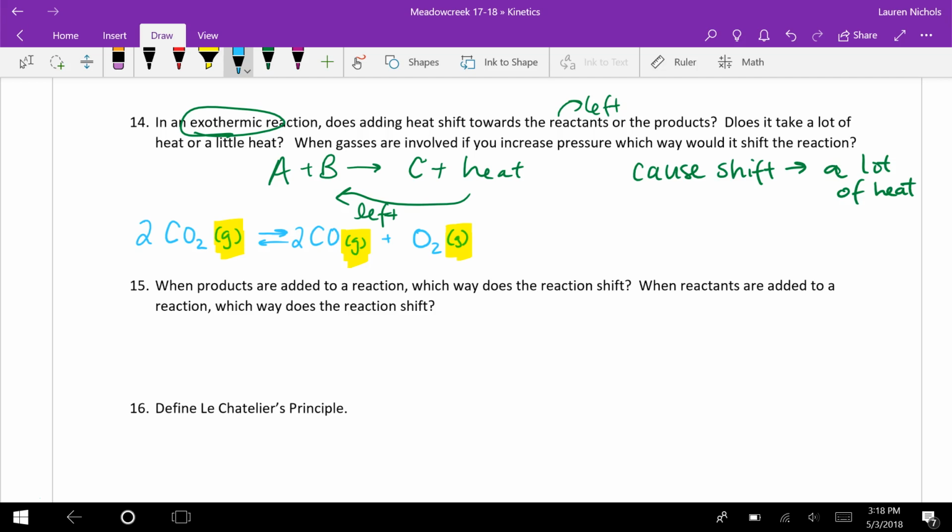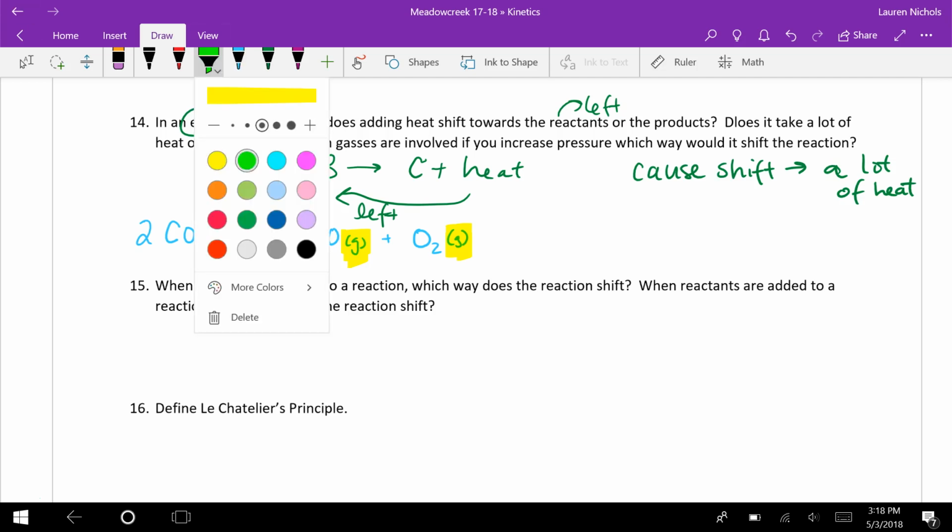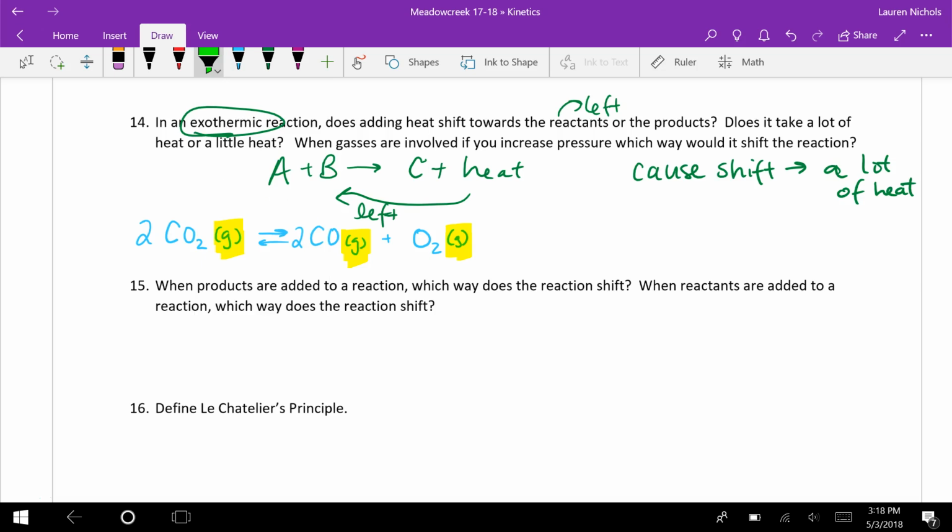Okay, perfect. Balanced. Now, if we look, we'll see that on the left side here, we have 2 moles of gas, so 2 moles. Whereas on the right side, I have 2 moles of carbon monoxide and 1 mole of oxygen, so that's a total of 3 moles. Well, if I increase the pressure, think about maybe a syringe, if you push on the syringe when you're giving someone a shot, or you're using it maybe to season a turkey at Thanksgiving,